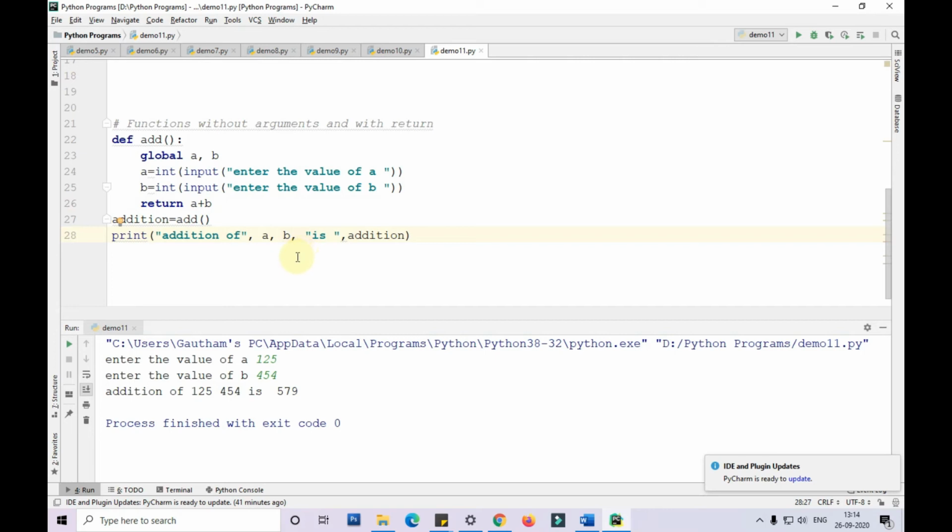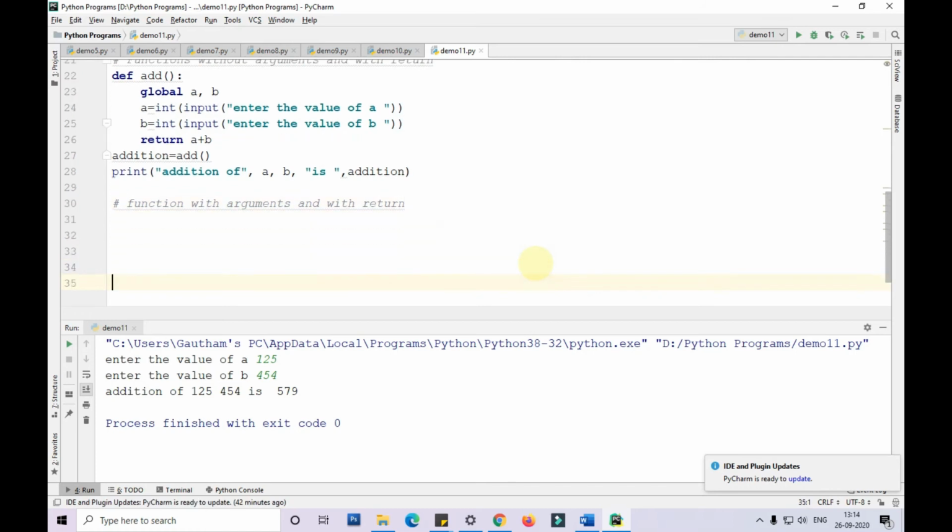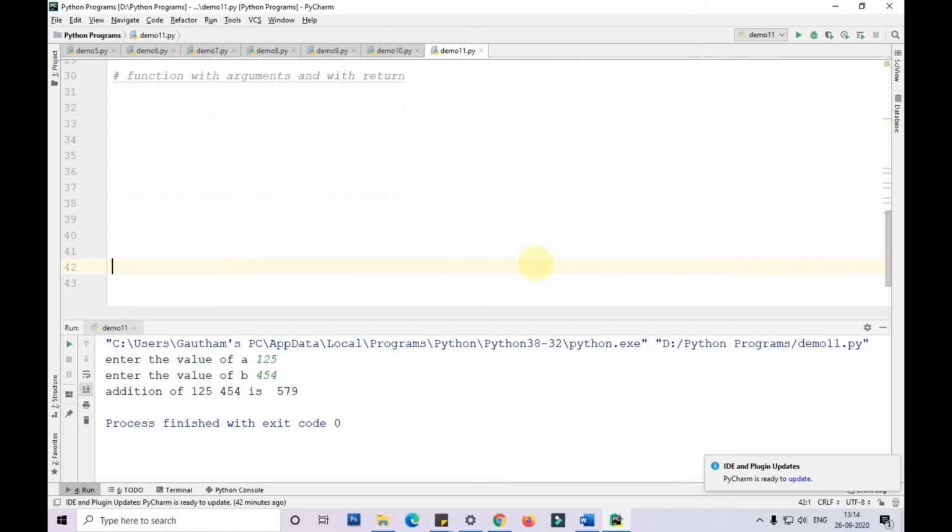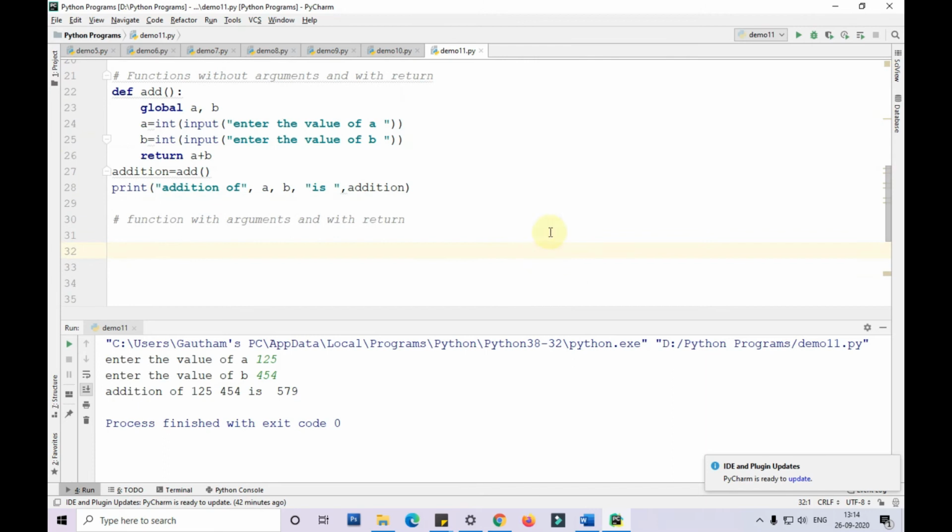Similarly, we have another type of function called function with arguments and with return. Let me show that to you as well. Let me comment this code, guys.